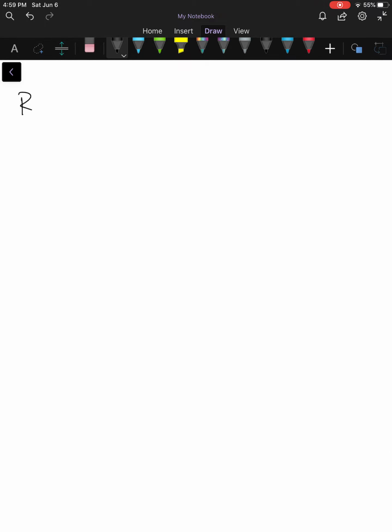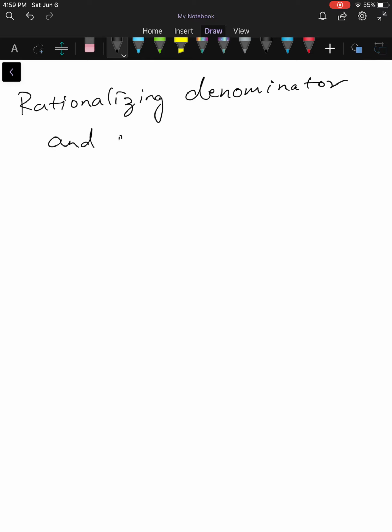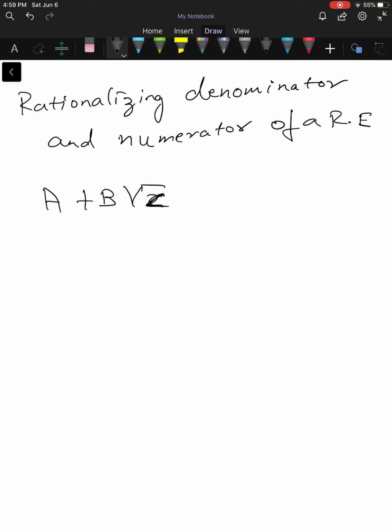Now we will move to rationalizing the denominator and numerator of a rational expression. So before that, I will explain the concept. Suppose you are given an algebraic expression in this format: a plus b square root of c. So if this is the given expression,